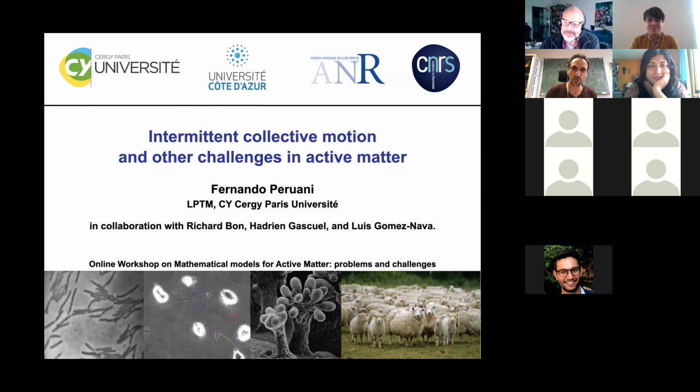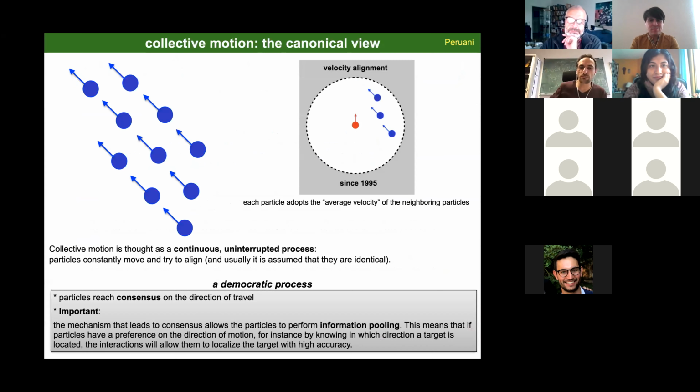Okay, so I'm going to talk about intermittent collective motion, and before starting with that, I want to make a kind of summary of many of the aspects that I want to highlight of collective motion. As you see here, I put a canonical view. It intends to be that, a canonical view, but also to be a bit provocative, because there are several aspects that we are going to